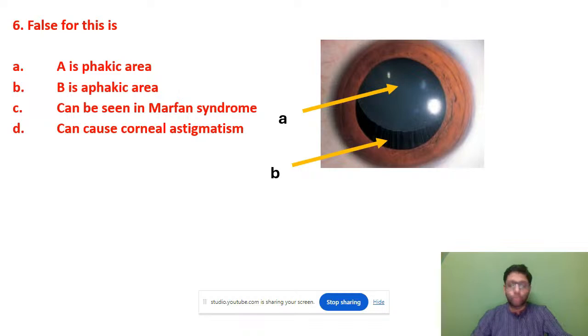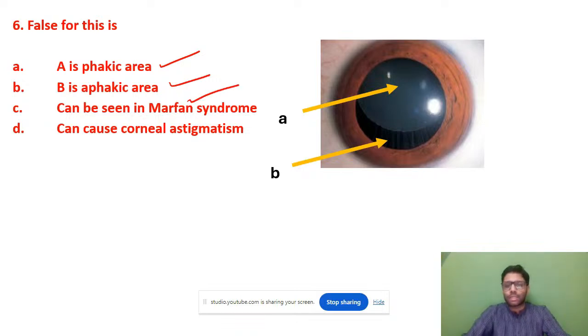Now, this is the diffuse picture. In a diffuse picture, this brown is the iris. Cornea, you can't know the level of the cornea because it is a diffuse picture. A is the phakic area, meaning it is the lens. B is the aphakic area. So the lens has gone up from its patellar fossa. It is going up out of the patellar fossa. This is superior subluxation of the lens, which can be seen in